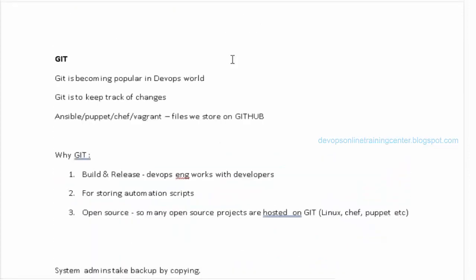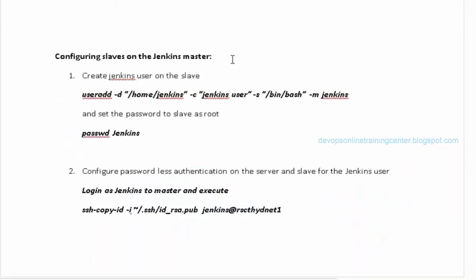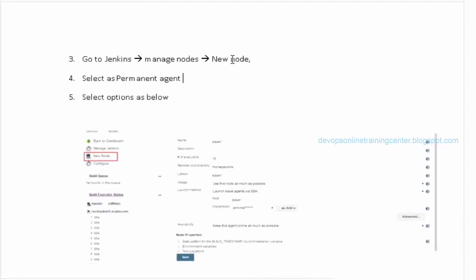Configuring slaves: you add a user, log in as Jenkins to master and execute this. Then go to manage nodes, new node, select permanent agent, select the options below, and these are the options.